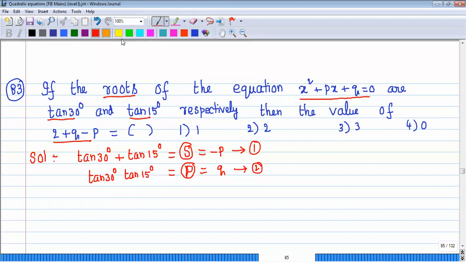In trigonometry, we have studied one important concept. This problem is connected to the trigonometry chapter, compound angles. So we have this condition: if alpha plus beta equals,